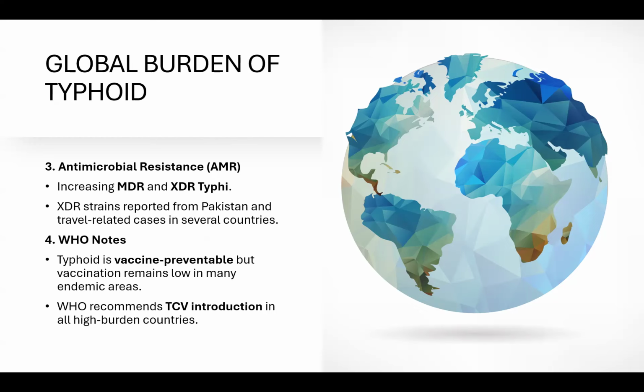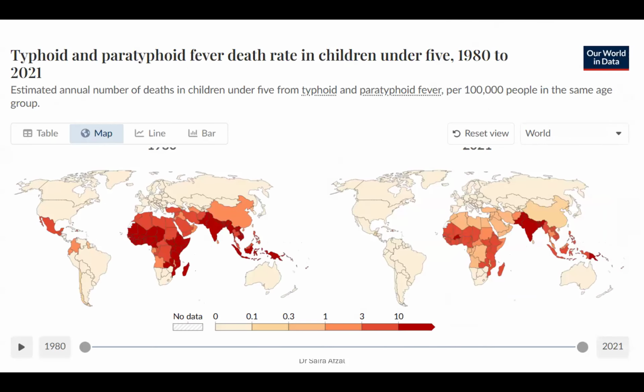So, antimicrobial resistance: increasing multi-drug resistance, and XDR typhi is being reported. XDR strains are reported from Pakistan and travel-related cases in several other countries. WHO notes typhoid is vaccine preventable, but vaccination remains low in many endemic areas, and WHO recommends introduction of TCV in all high-burden countries. So this is the typhoid and paratyphoid fever death rate in children under 5, 1980 to